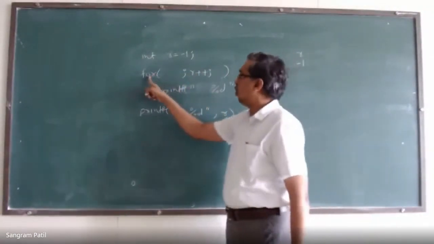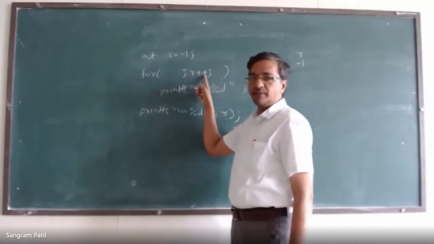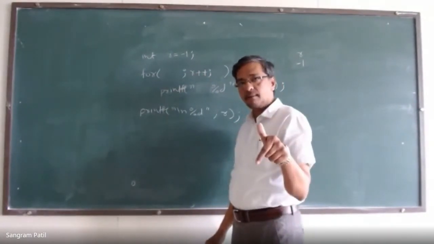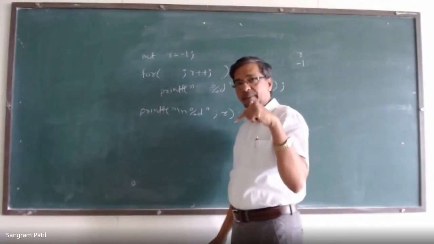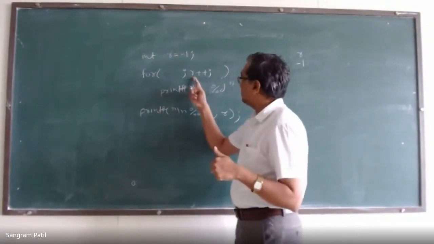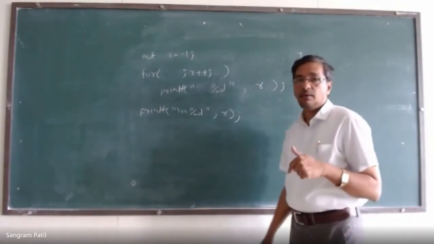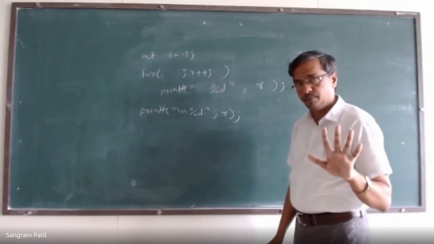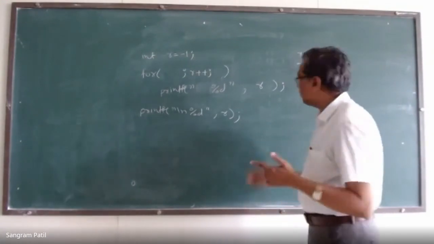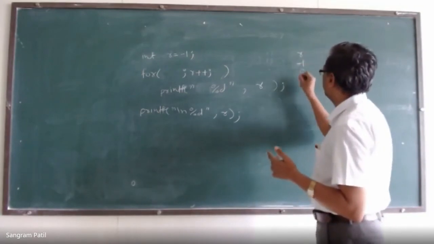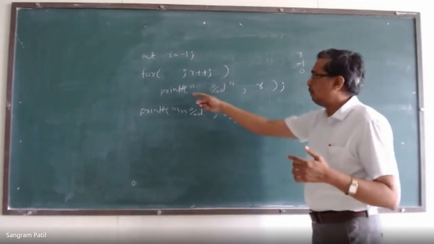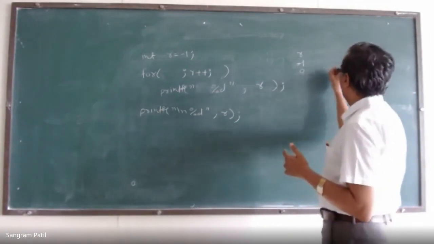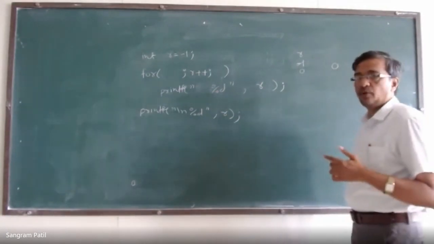It will come here for R plus plus. R plus plus means it will check the first value of R and then it increments. Value of R is -1, which is non-zero. That means it will remain in the loop. Okay. And then it increments the value of R by 1, it becomes 0. Printf %r. What is the value of R? 0. So this will print 0.